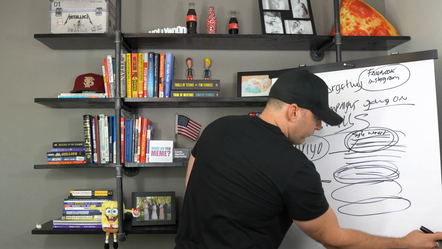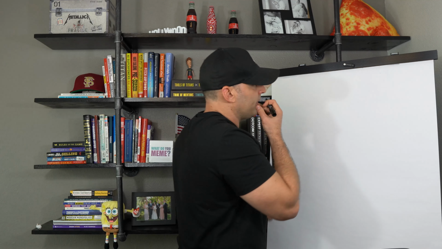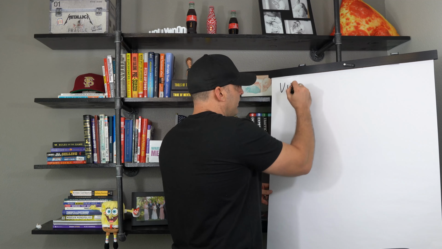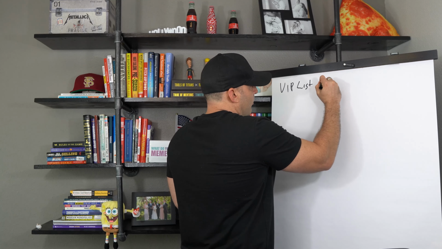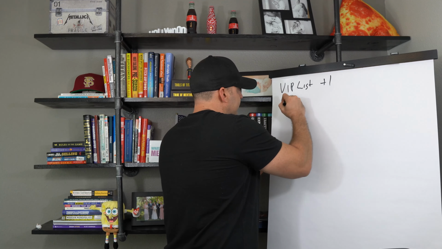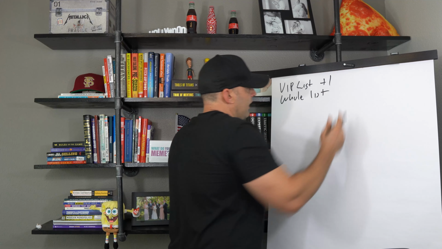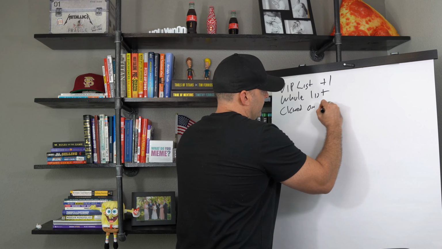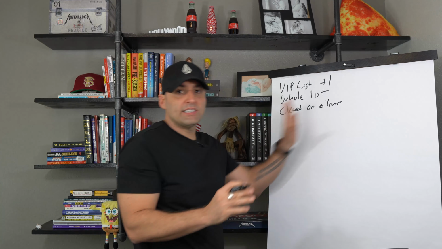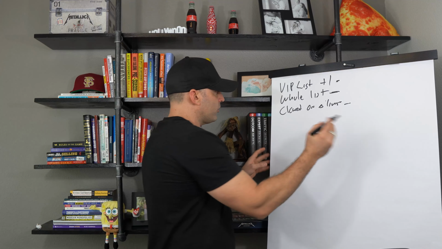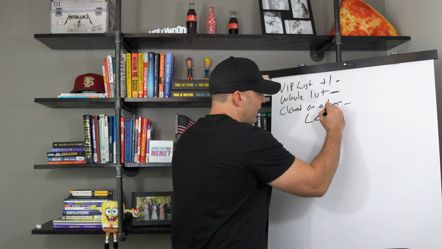So 7% and above, what I mean by that is I grab all my audiences. For example, let's use your Klaviyo audiences as an example. I use anyone who's in my VIP list, that has bought more than once, so bought one more item or two or whatever. My whole list, and then I use anybody who has clicked on a link in my emails. Again, this is all first-party data. Your whole list is first-party data. So you grab this and you create lookalikes, but the way you do it,